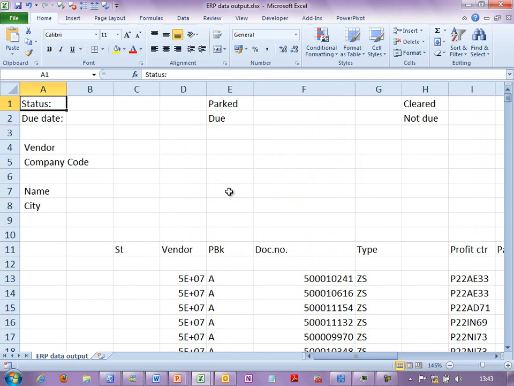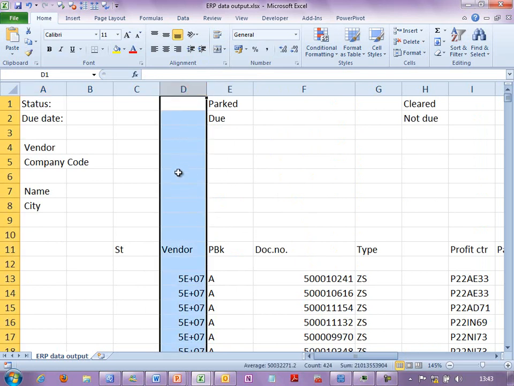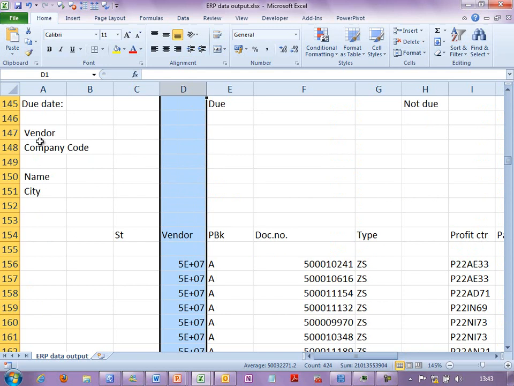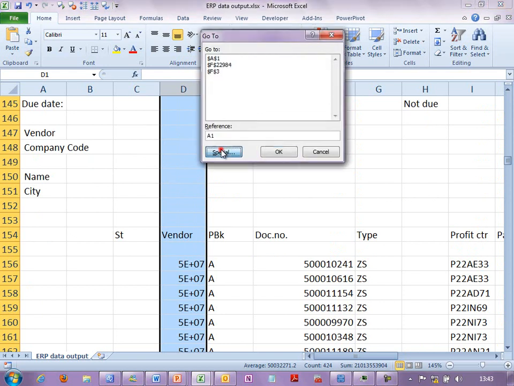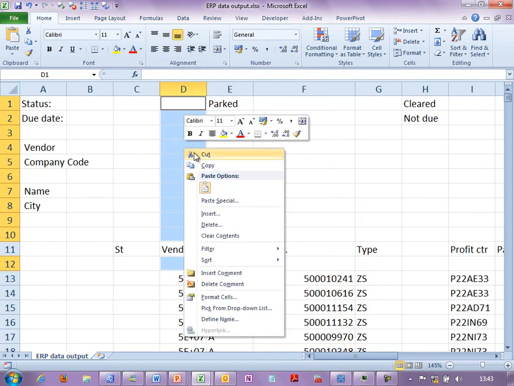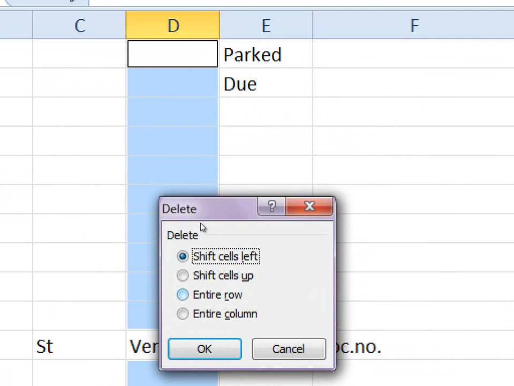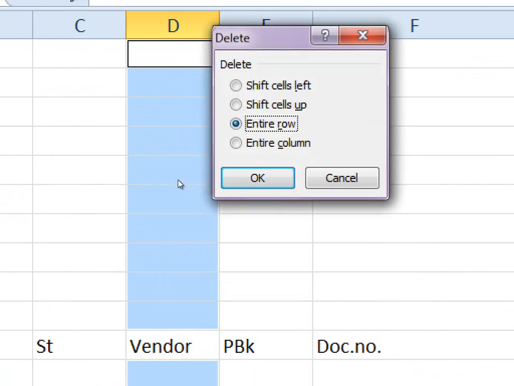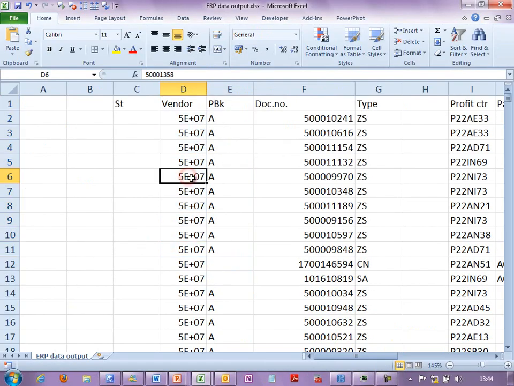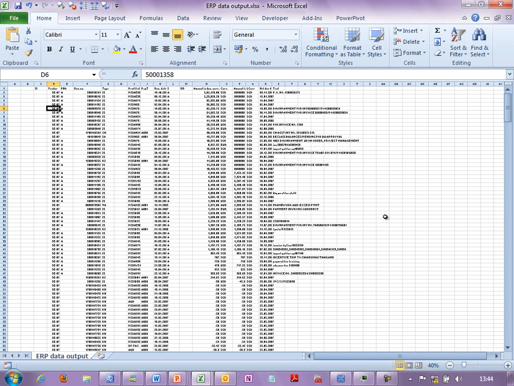But I don't want to do it manually. So I select this entire column. You choose the column carefully. You choose a column where, if there is an empty cell, you don't want the row, and if there is a value, you want the row. Clear? So we have chosen this column. Now that you have selected the column, we say Go To Special Blanks. What does it do? It selects only the blank cells. Now you select Delete Entire Row. So all those cells which are selected, not just those cells, the entire row will get deleted. So now we got clean data in a few seconds.